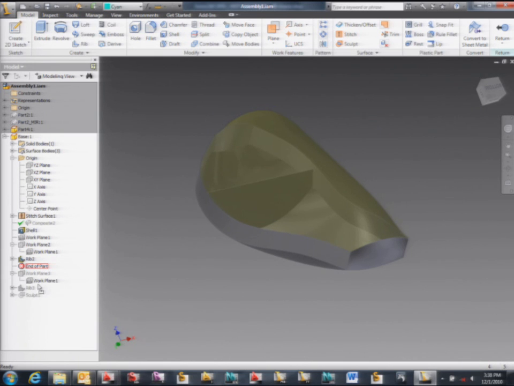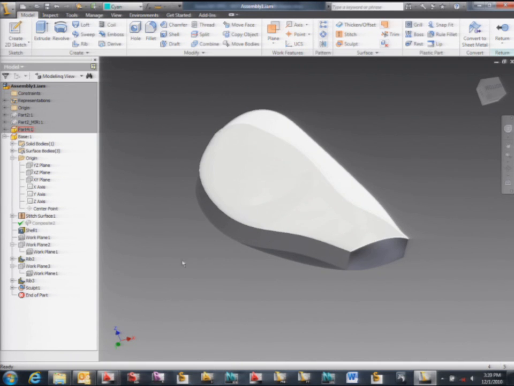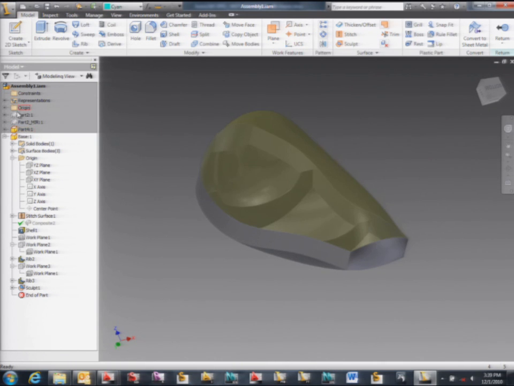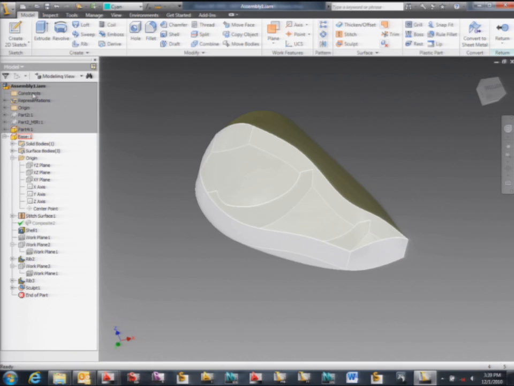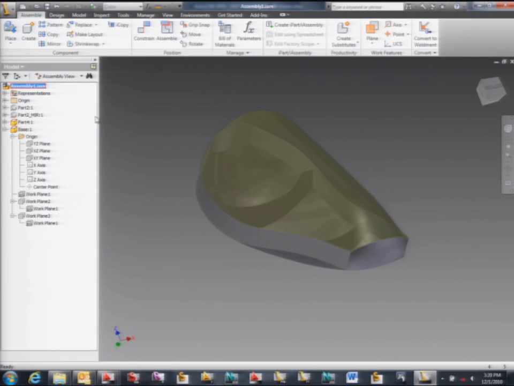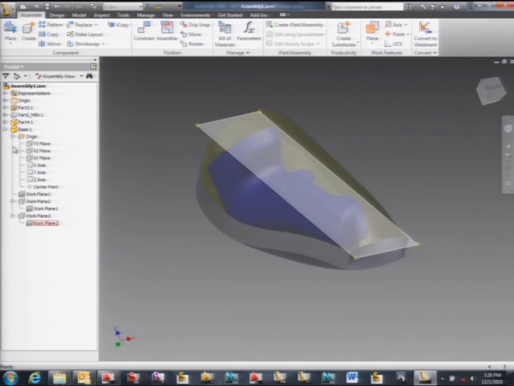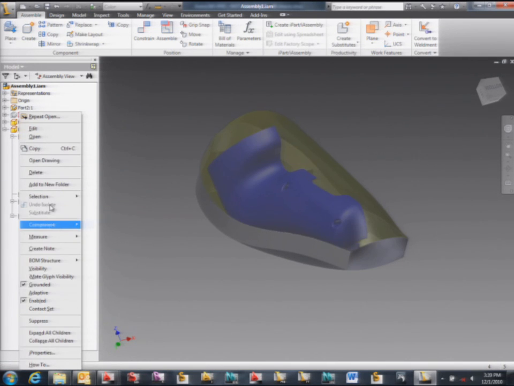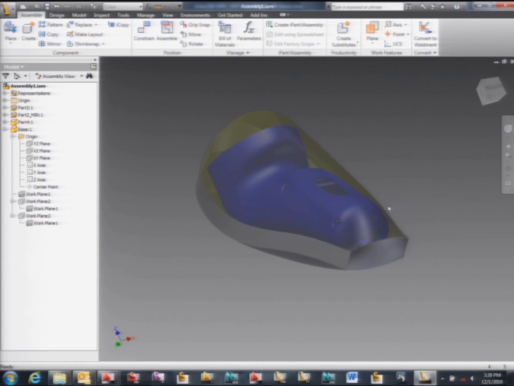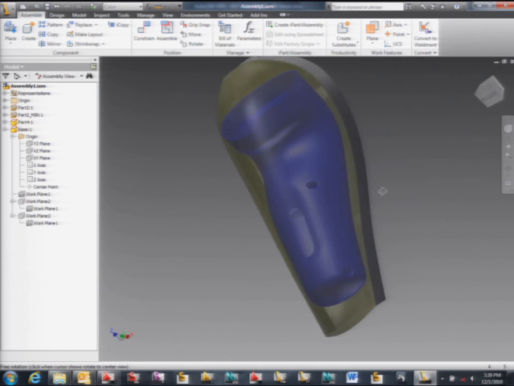So I can do that again with the other rib, right? And then, of course, I need to cut it to get the shaver. So this would be kind of a Boolean in Inventor too, but it's simple. And then after that, let's go back to the whole assembly and visualize everything. Right, so this